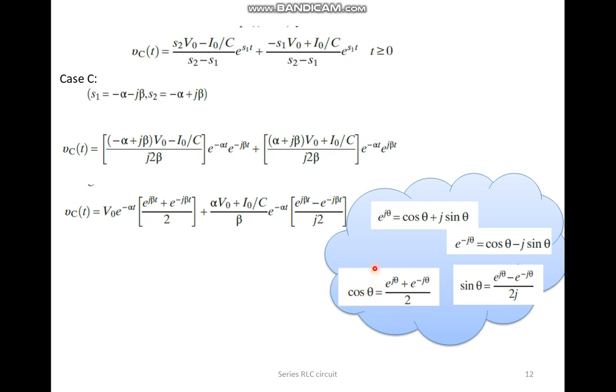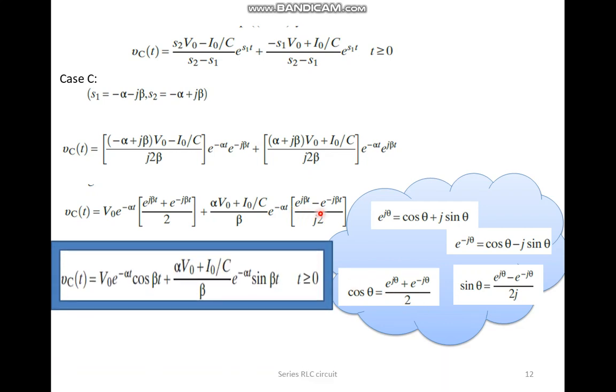to be in the form of cosine of theta, whereas e raised to the power j beta minus e raised to the power minus j beta over 2j can be replaced with a sine of theta as is manipulated from the Euler identity. Then the expression for voltage across capacitor becomes v naught e raised to the power minus alpha t cosine of beta t plus alpha v naught plus alpha I naught over c over beta minus e raised to the power minus alpha t sine of beta t. Remember, the value of alpha and beta are